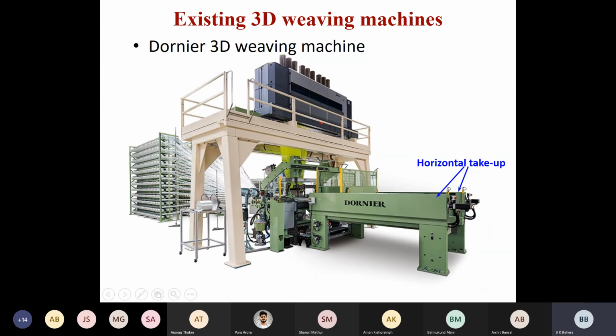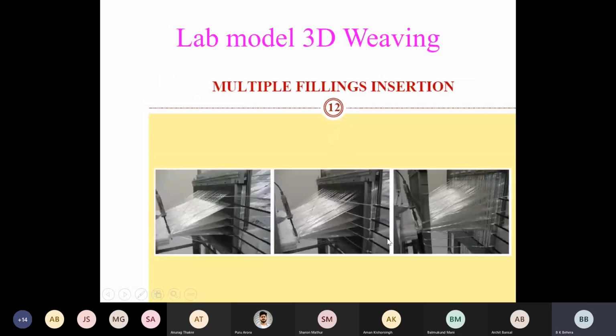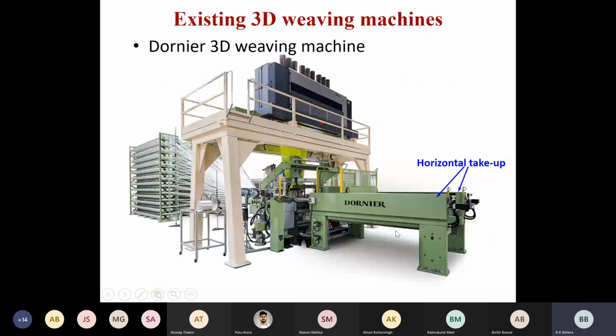Normally, the width of this loom is very small, 1 meter or 1.5 meter, because the weft insertion mechanism is a rigid rapier. I have already shown you the rapier here. It cannot be flexible. It's a rigid rapier. Look at the rod, very strong steel rod. It carries the weft yarn and goes straight inside. So the weft insertion is by rigid rapier, not even flexible rapier.